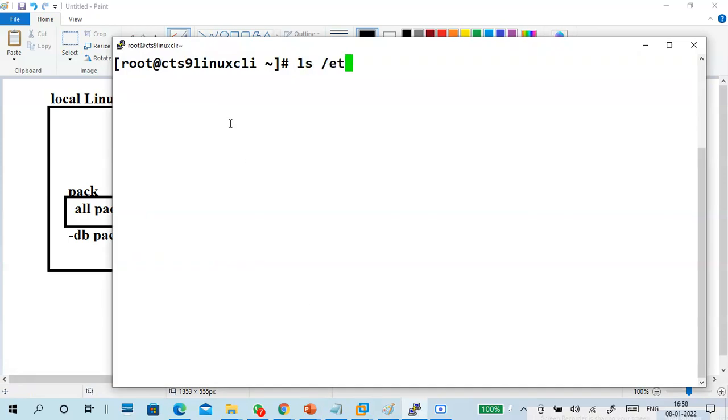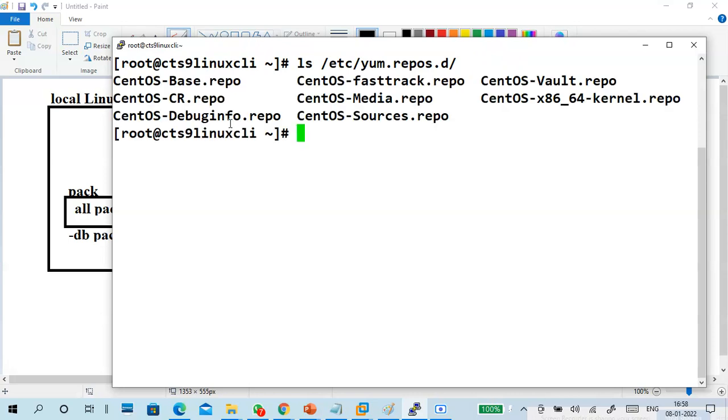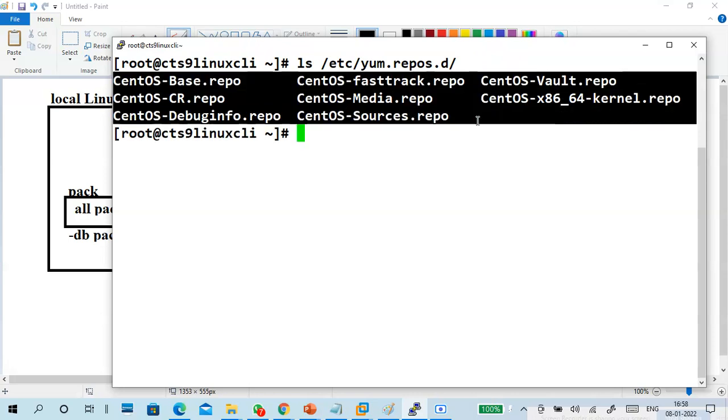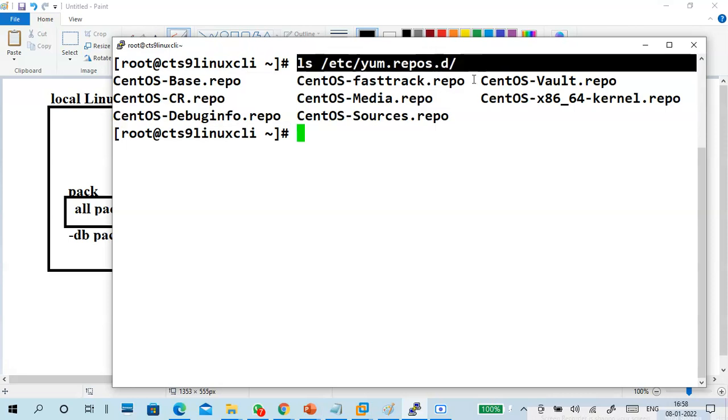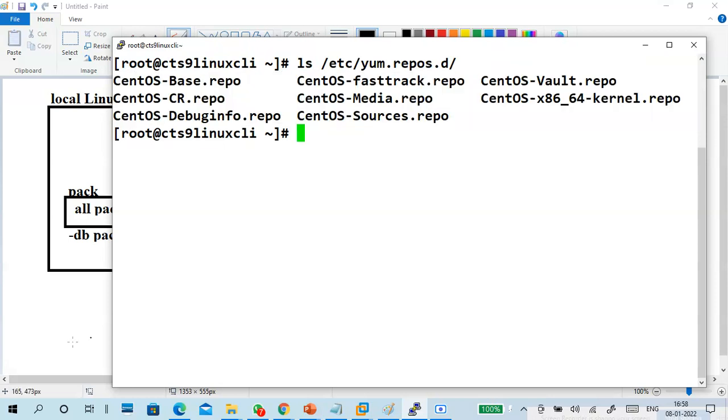So ls space /etc/yum.repos.d. CentOS like this. These are the files in your system. This is the repositories file.